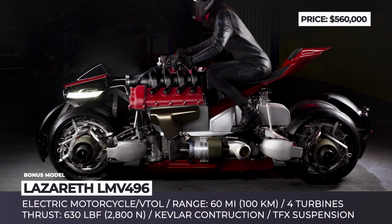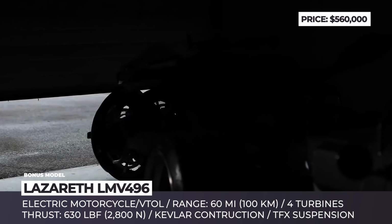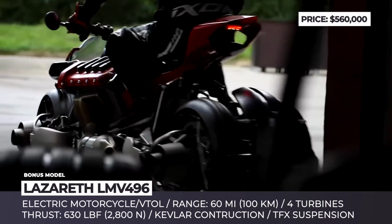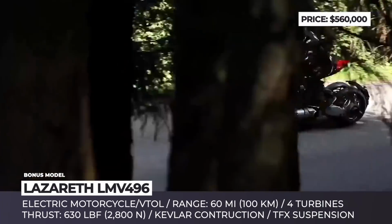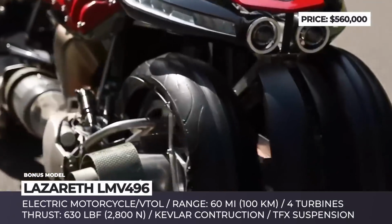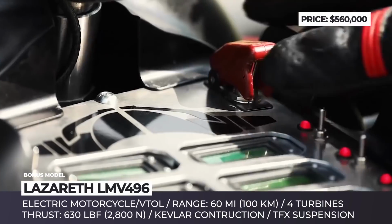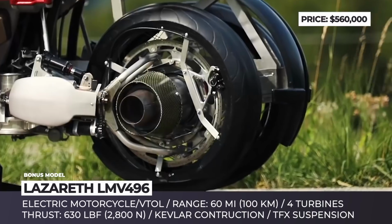Lazarus LMV496. This bike was inspired by the V8-powered creation by Lazarus, but instead of getting a crazy big engine or a turbocharger, it was tuned into a hybrid that should feel comfortable both on the ground and, wait for it, in the air. Before the takeoff, this vehicle is powered by an electric motor with 60 miles worth of